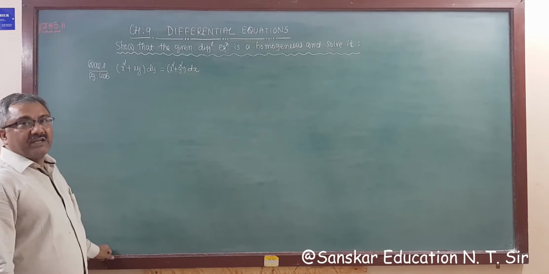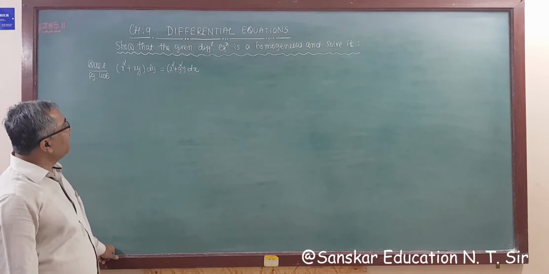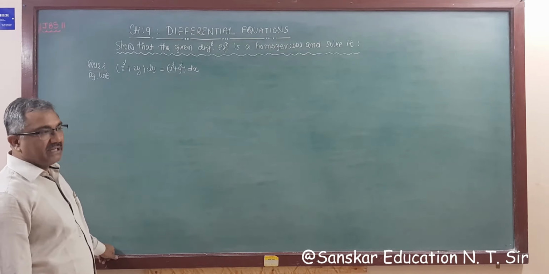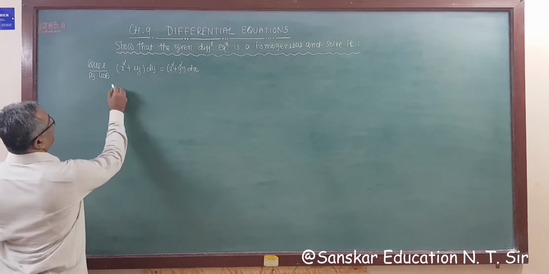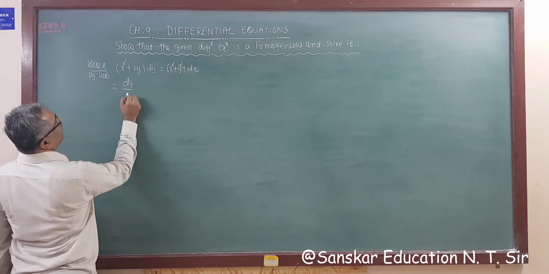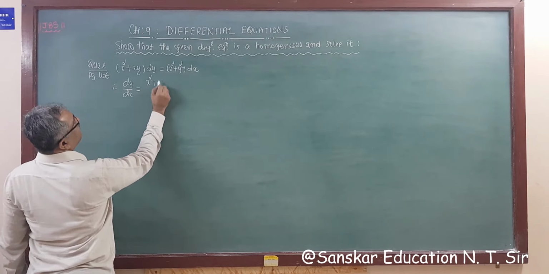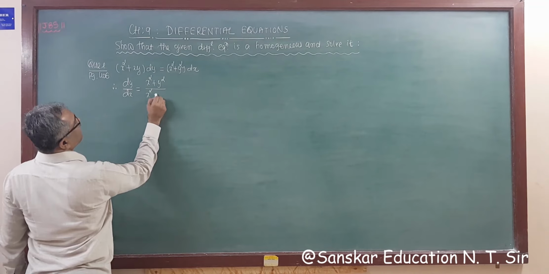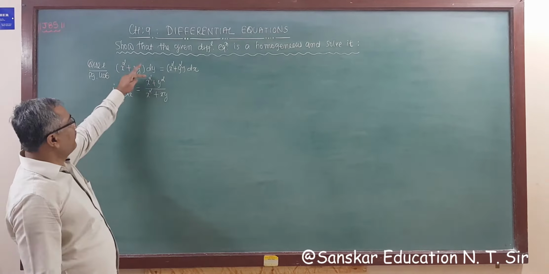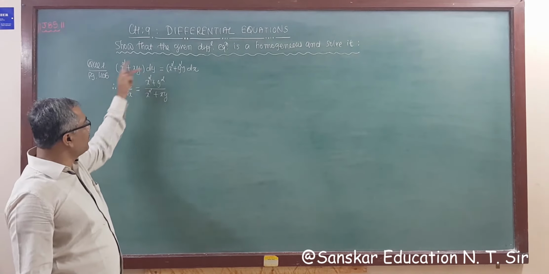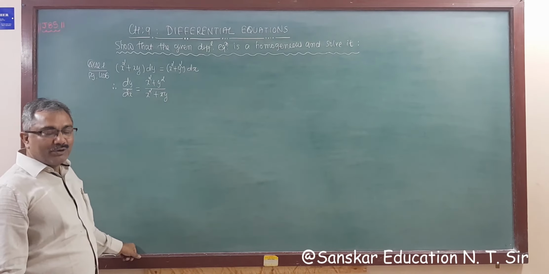That's it. Question number 1, page 406. (x square plus xy) dy is equal to (x square plus y square) dx. So first of all, we have to express this in dy by dx form. So dy by dx is equal to x square plus y square whole upon x square plus xy, right? As we learn in the theoretical portion, see, power is 2, order 2, order 2, order 2, 1 plus 1, 2. So this is a homogeneous differential equation with degree 0, but we have to prove it.